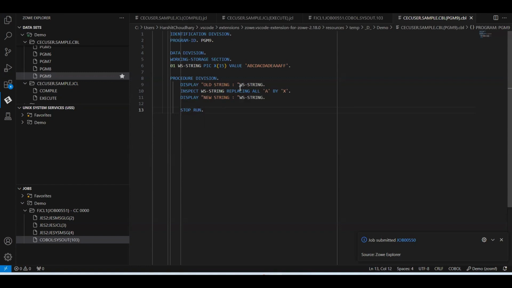A big string. I just want to replace A with X. So what I am doing, I've given the entire string, and I just want to replace A with X. If it were some other programming language, you would have to struggle with that,